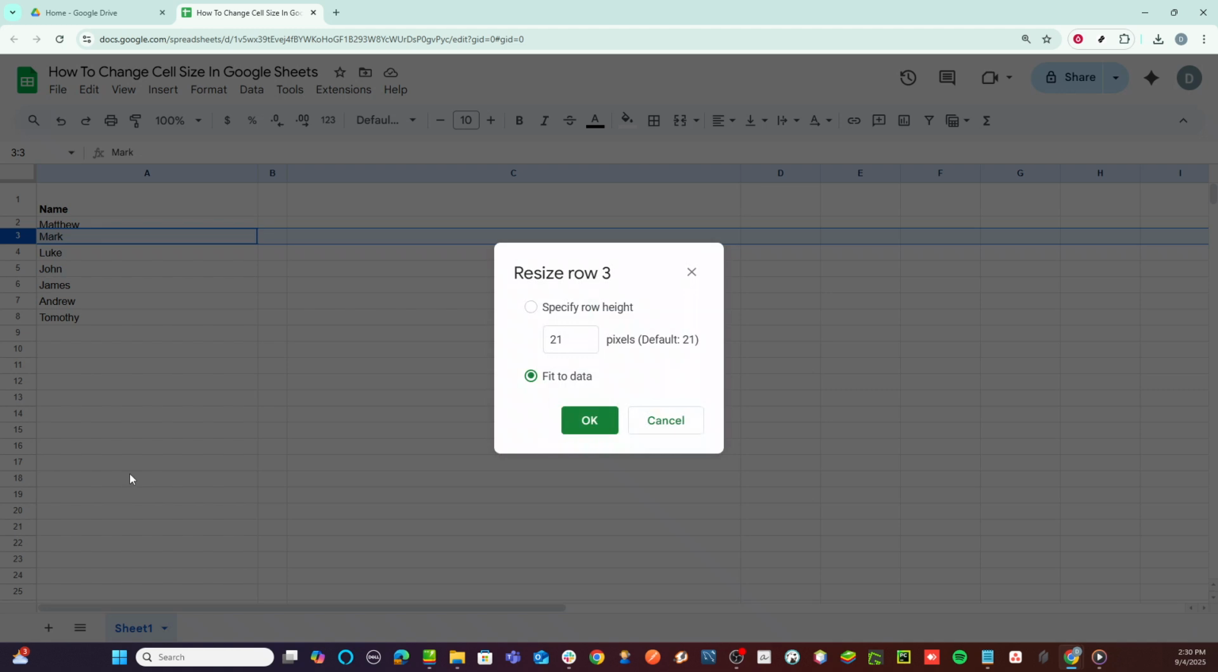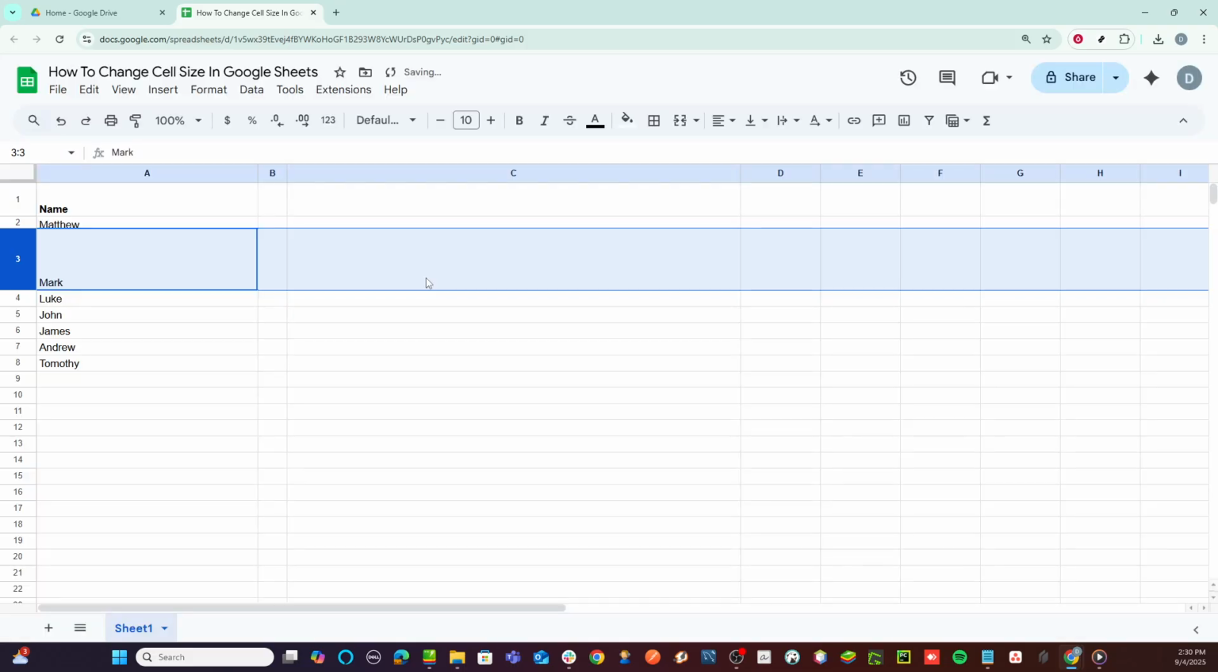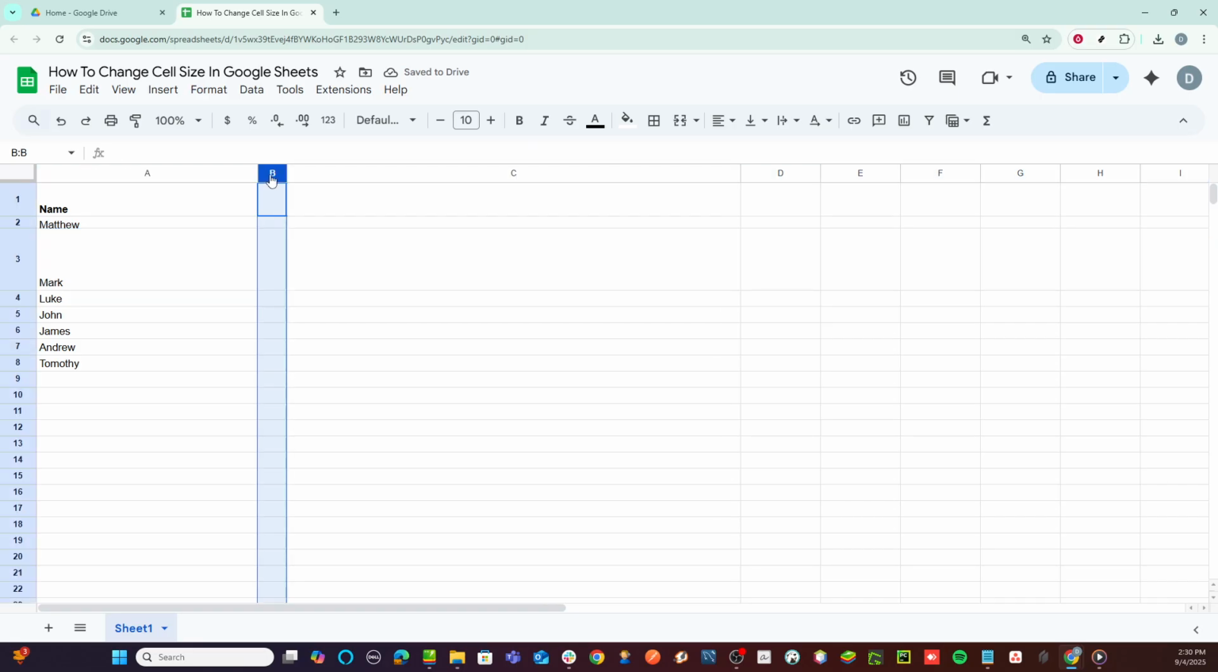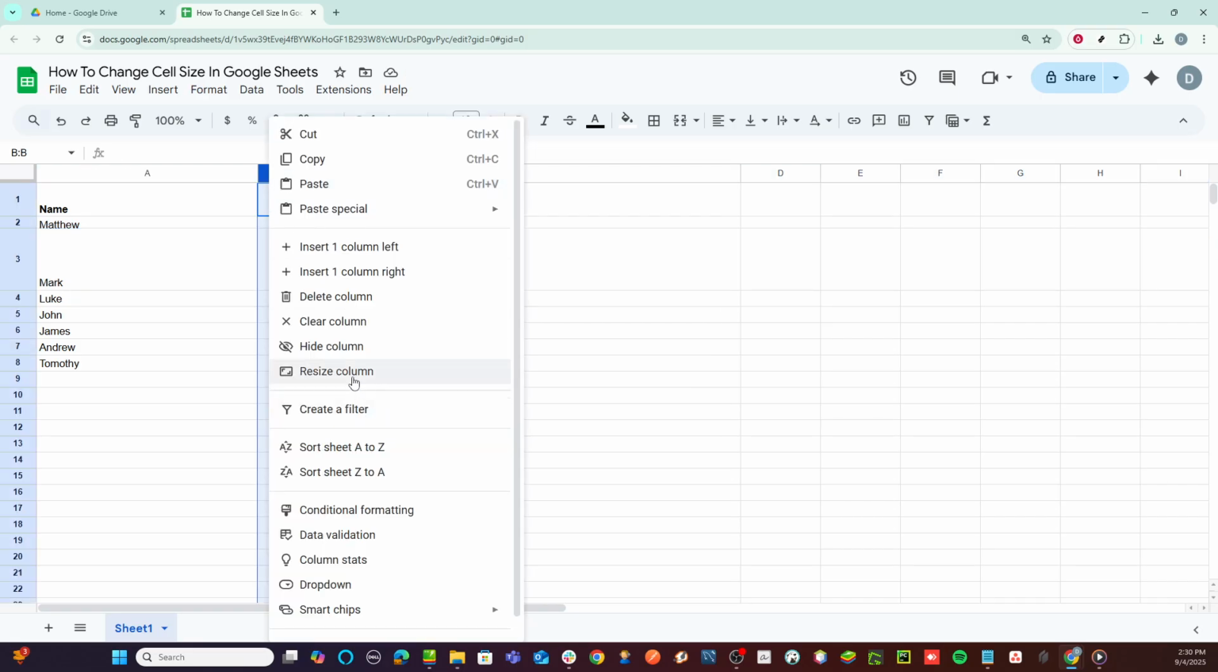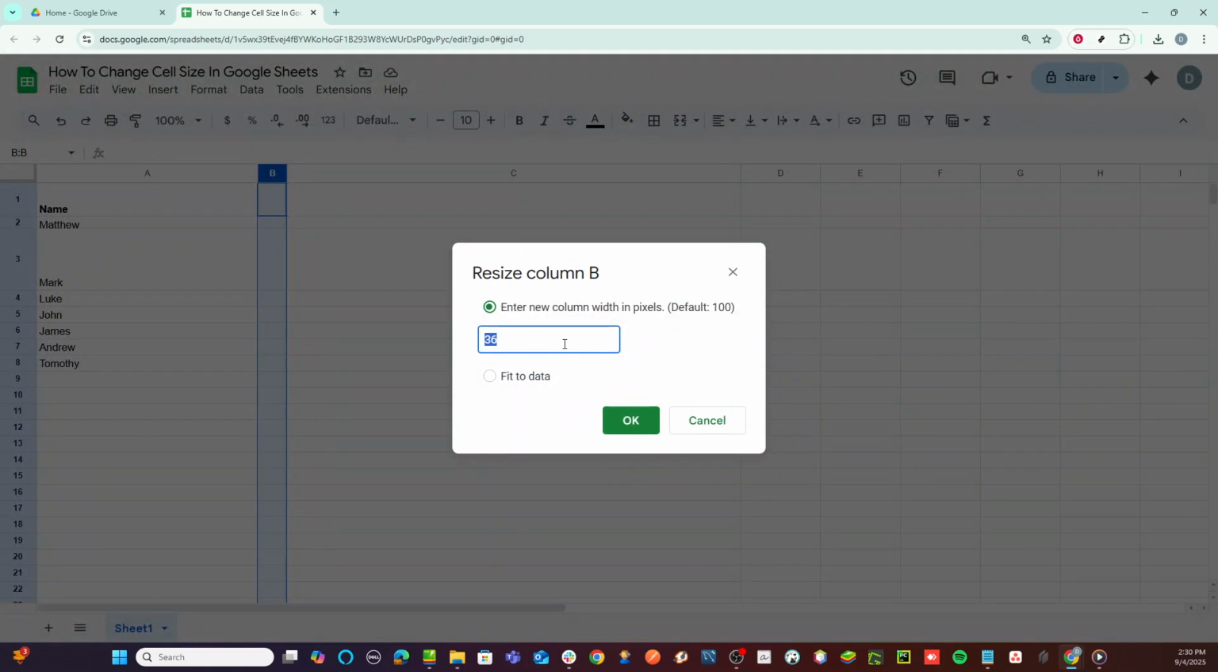This method is perfect when you know the exact size you want for uniformity across your sheet or for specific formatting needs. You can follow a similar procedure for columns. Right-click on the column letter, select Resize Column, and then type in your desired width. Click OK, and the column will adjust to your specified size. This feature is particularly useful for maintaining consistency, especially when you're working with data that needs to be standardized across